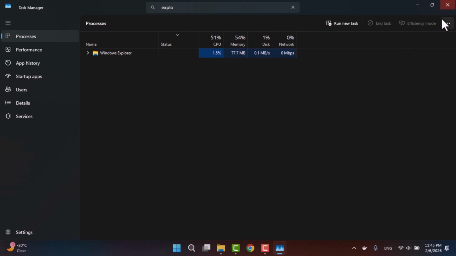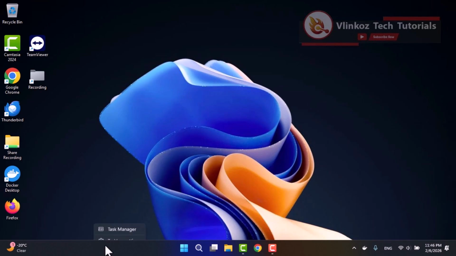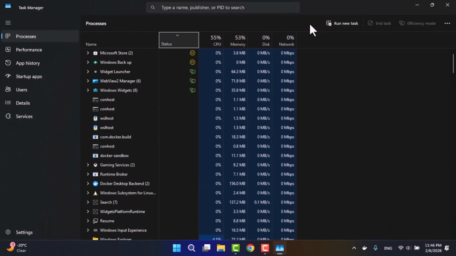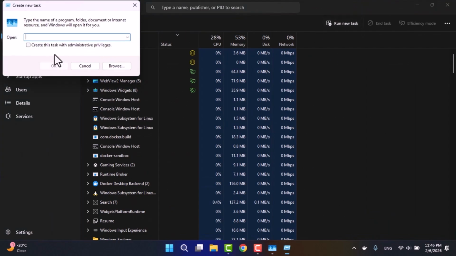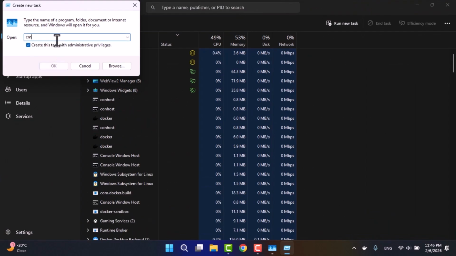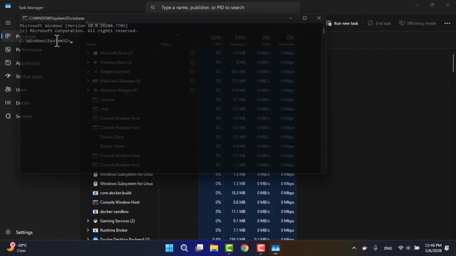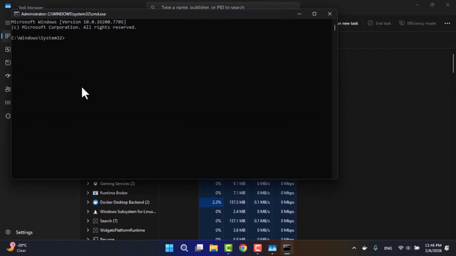If the problem persists, we will move on to using the command prompt to check for system file corruption. Bring up the Task Manager again by pressing Ctrl-Alt-Delete. Select Run New Task. This time, type CMD, and crucially check the box that says, Create this task with administrative privileges. Click OK. In the command prompt window that appears, type